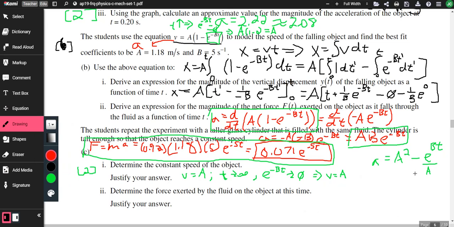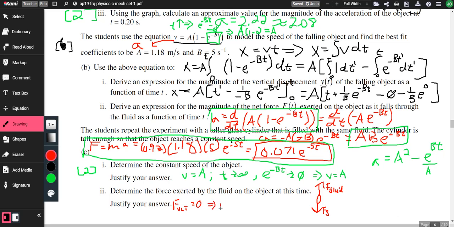None that I feel would be easy. I think the easiest would be to go back to basics. We have the force of gravity pulling it down. We have this fluid force, which I'm going to call F fluid, pulling up. Since it's moving at a constant speed, we know that it's in equilibrium, so the net force is going to be equal to 0,